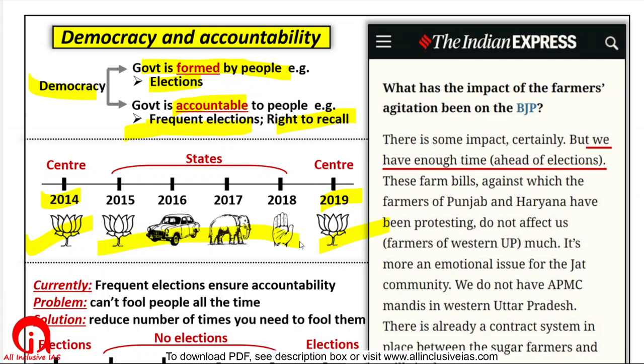But the elections in between, did BJP form the government everywhere in all states? No. In some states, maybe central government took some steps which annoyed the local people. So in a way to punish the central government, people will not vote for BJP. People will vote for some other political party. So frequent elections are a way to ensure accountability from the government. Now there are some other tools also to ensure accountability.